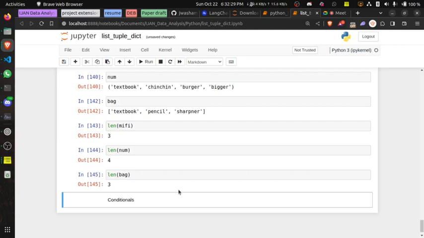That is to say, if this thing is true, do this, and if it is not true, don't do that, or do this instead. I can't remember the analogy I used there, but I would like to use another example.